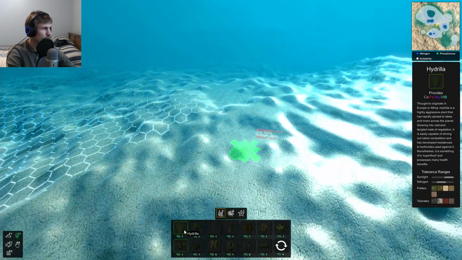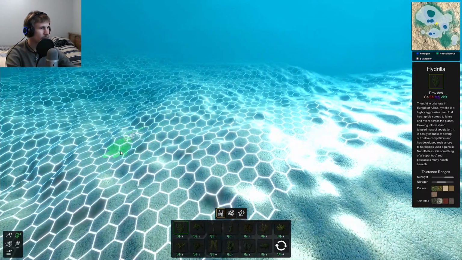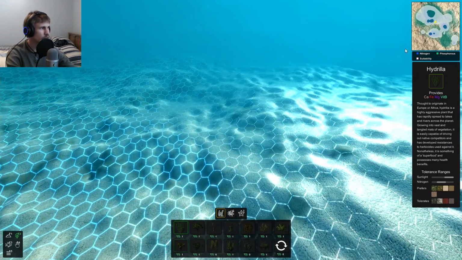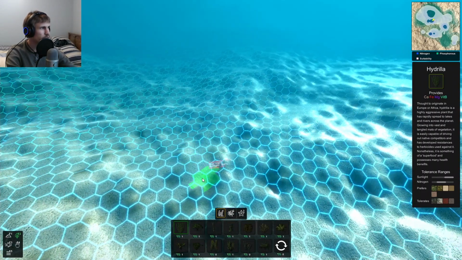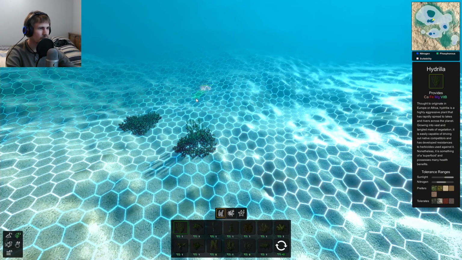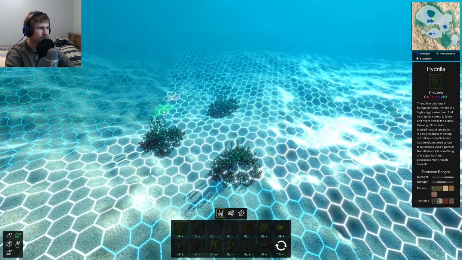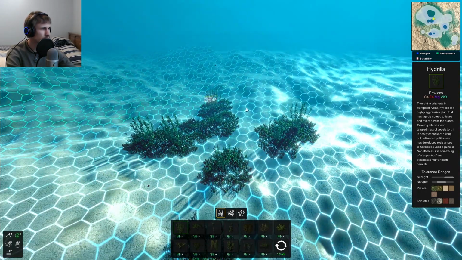So, I never noticed, but does that mean on the mini-map, if we go to these areas that are like this dark blue patch, these are where they grow the best? Okay, I didn't even realize this was a thing. Oh, that's actually kind of cool. So then, does that mean...